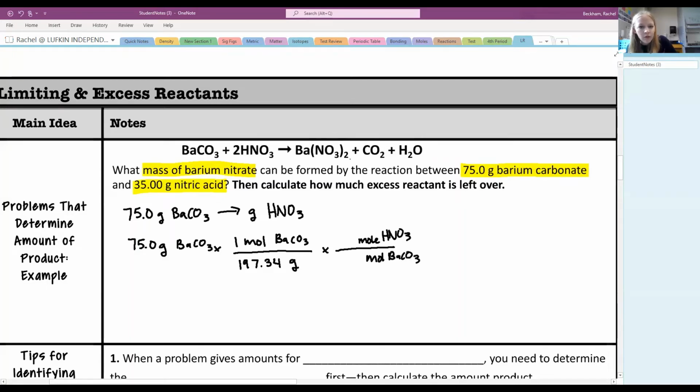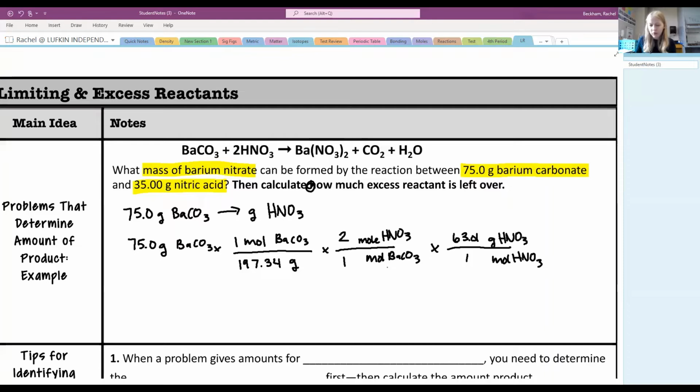Now we're going to use the coefficients in the balanced equation to get there. So I get 2 and 1. I'm getting those from these coefficients in the balanced equation. And now I need to get to grams of HNO3. I need the moles of it to cancel out. We're getting about 63.01 grams per mole. Okay, so when you calculate that out,